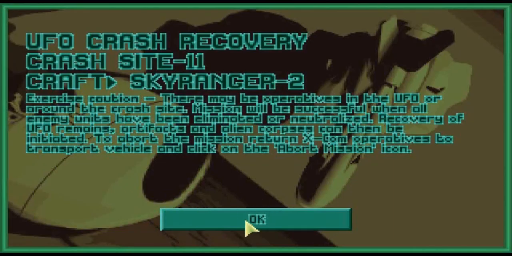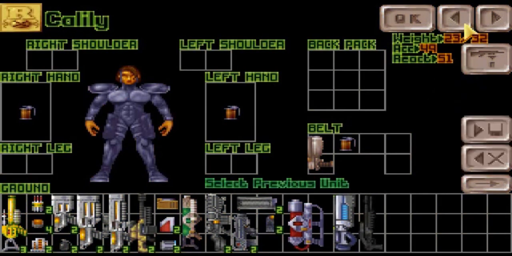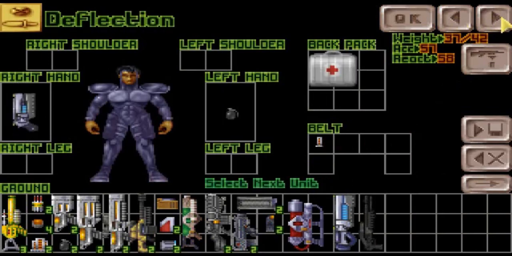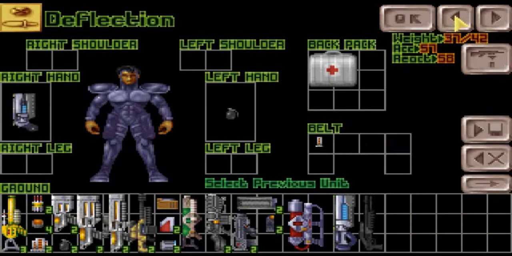Indeed. A little known fact that not a lot of people know about XCOM is that if you actually make a UFO land on water, you actually get to play Terror of the Deep. And no one wants that. Well,